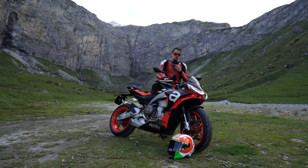What else is very good is that Aprilia offers you the complete electronic package with the bike. That means you have all the safety features from big motorcycles, which are usually not represented in this sector. And oftentimes I feel like, or I always felt that it was kind of a bummer to not have electronic safety features, which